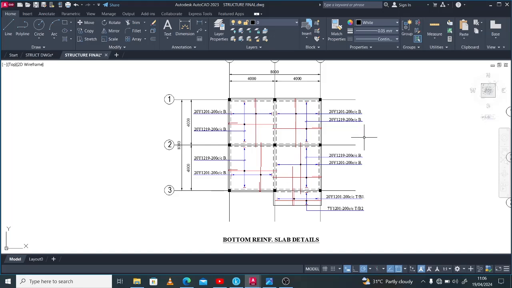So in today's video, I'll be showing to you how to carry out your slab reinforcement detailing, then how to position your top reinforcement and the top distribution. Then in subsequent videos, like I promised, I'll be showing to you how to put all things together to have